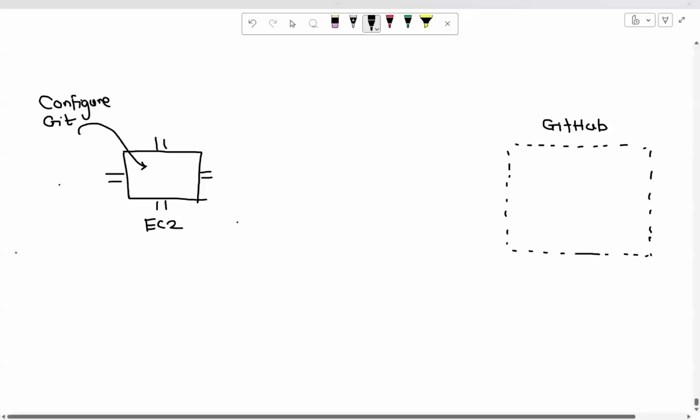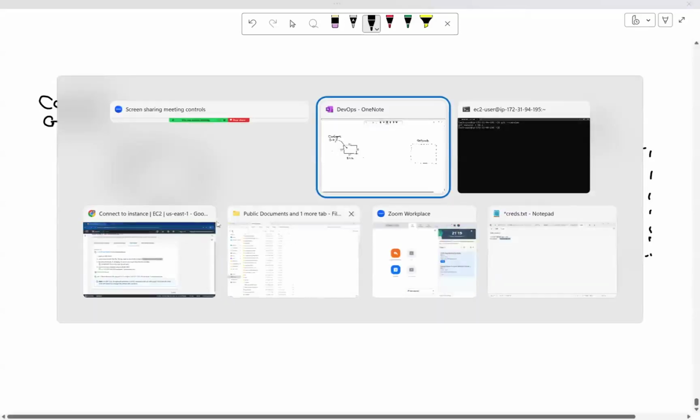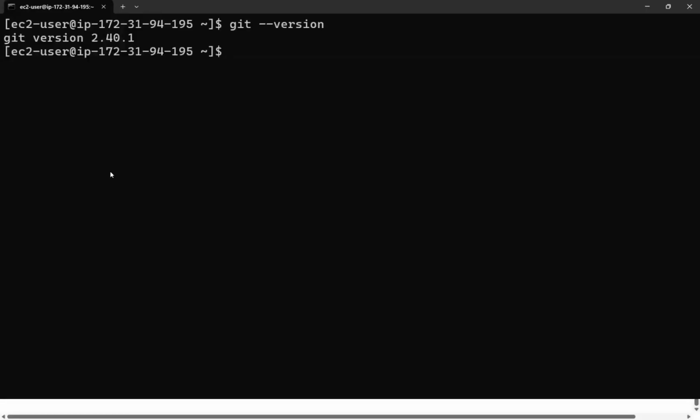For example, if I go back here, what we can easily do is let's just create a folder here, mkdir. I'll call it my demo repo.